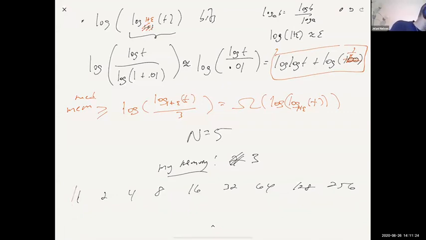Let's circle some of these numbers: 1, 8, 64, and then one more, 512. These numbers that I've circled are values that n could take in principle, right? Yeah. And my claim is that